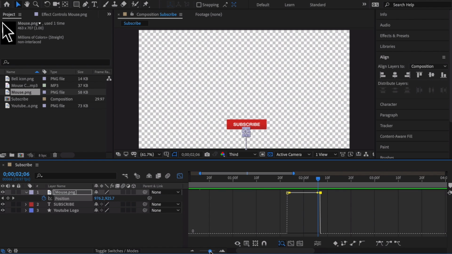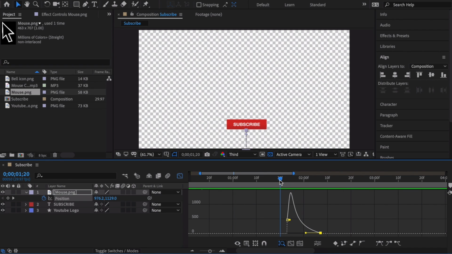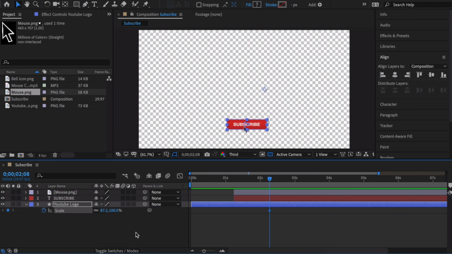To make the movement smoother, we should use the Speed Graph once again. Now I believe the movement is smooth. To show that we're clicking on button, we need to scale the button up and down. So select the layer, hit S to bring on scale, click on Stopwatch, move timeline to a little further and